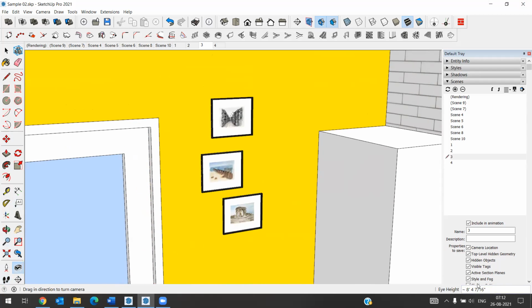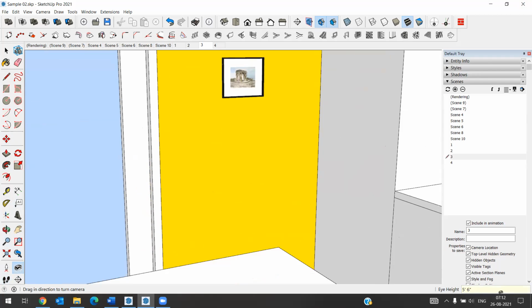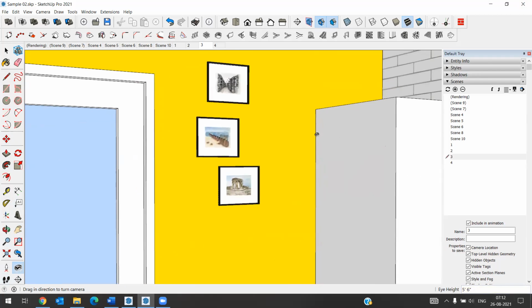And I will see it 5 feet 6 inches. Okay, this will be our new scene. Scene 4.